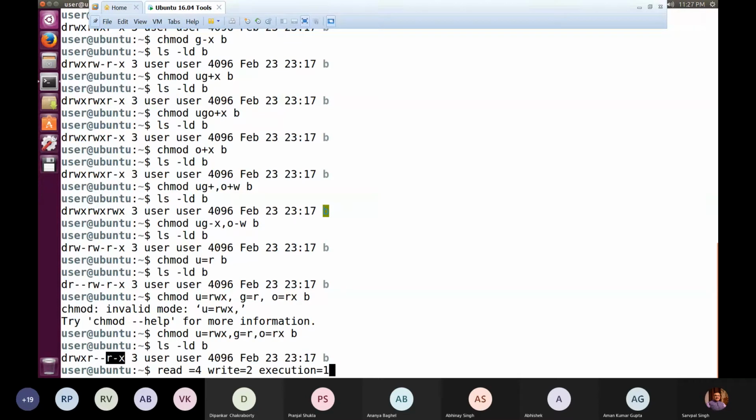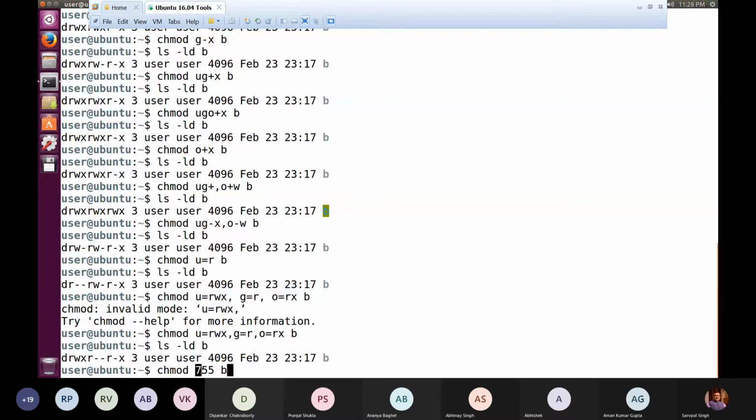Now the question arises: when we are using numerals for mentioning the rights, like reading, writing or execution, how can we mention user, group or others, as we do in symbolic representation as U, G or O? That is done by position. So we write 755. If I give 755 to B, that means 7, the first position, is meant for user, because if you look at the 9 rights in groups of 3, the first 3 permissions are for user, the next 3 are for group and the last 3 are for others. The same sequence we are following over here.